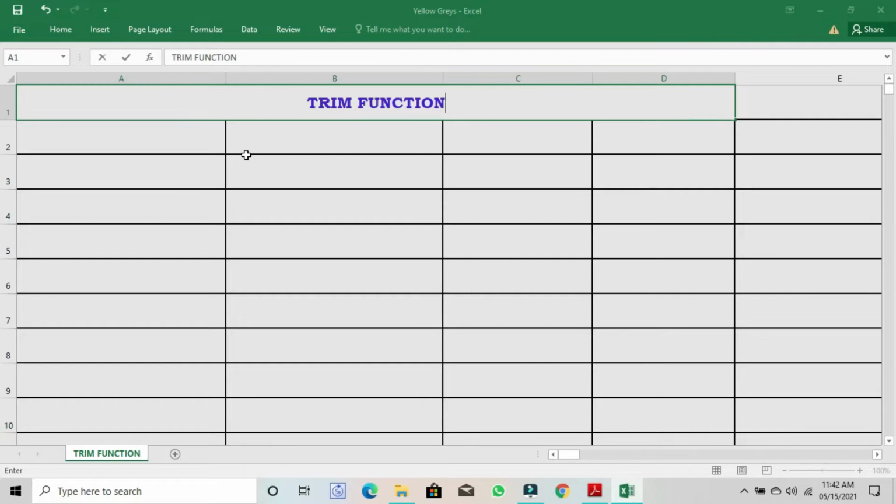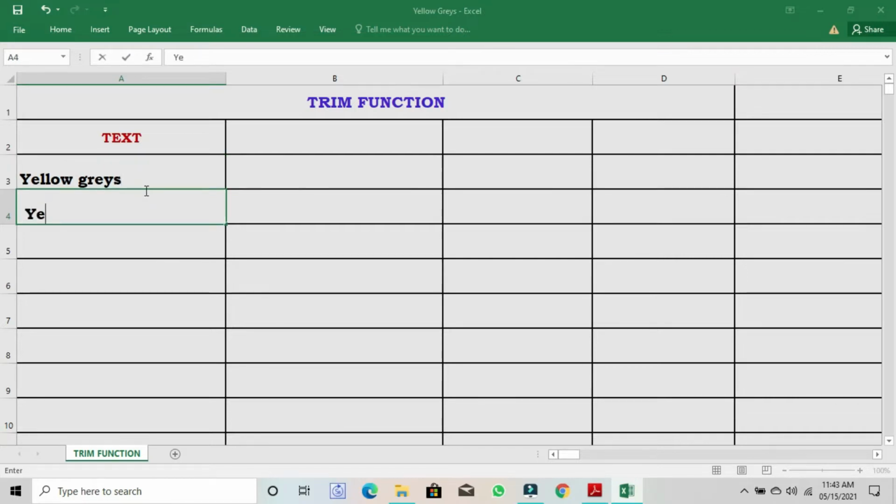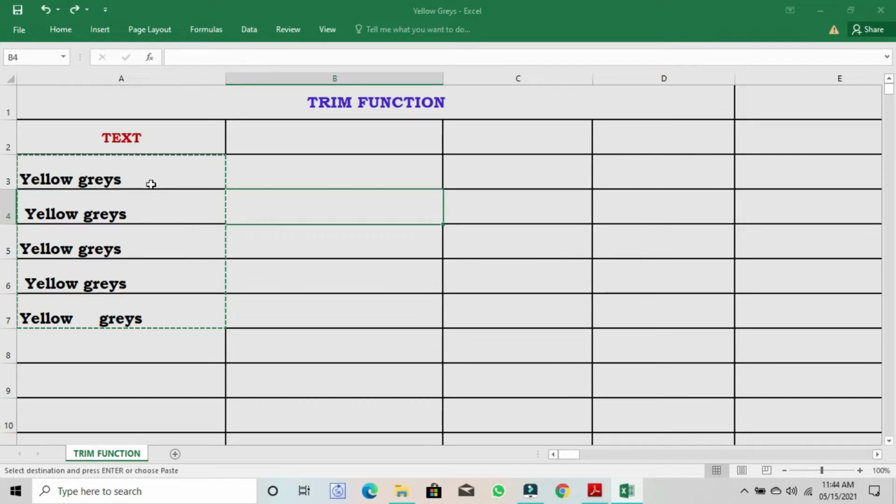Let's understand with the help of an example. I have taken "yellow grace" as an example with different spaces.